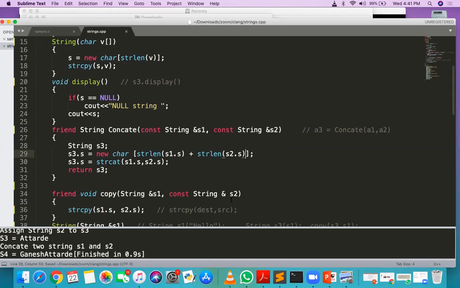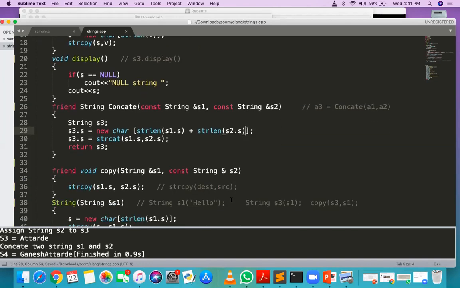Yes, you've written +1. I will remove it here. But if you use +1 explicitly, it will print Ganesh, space. We have to do strcat with a space. Strcat s1 dot s, comma, space, like that.